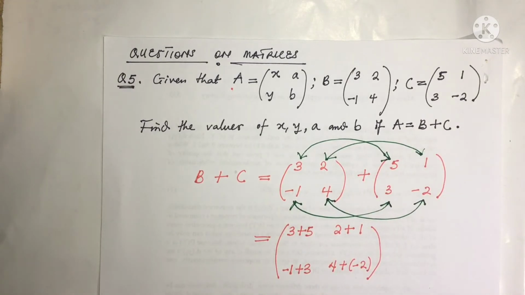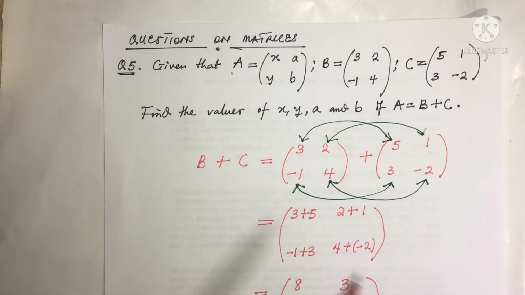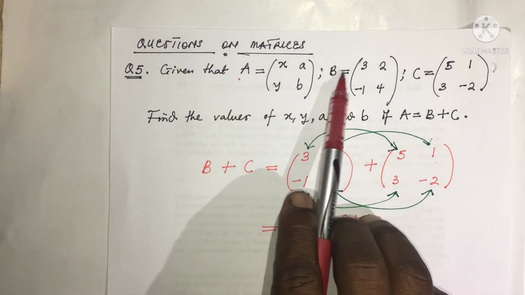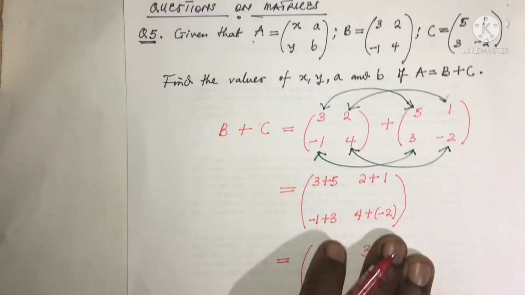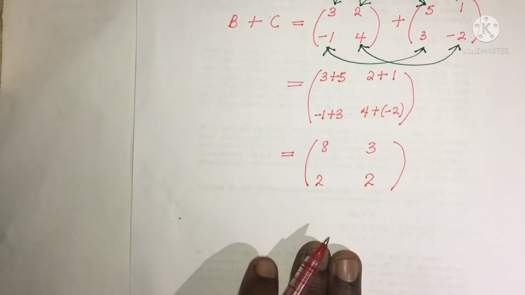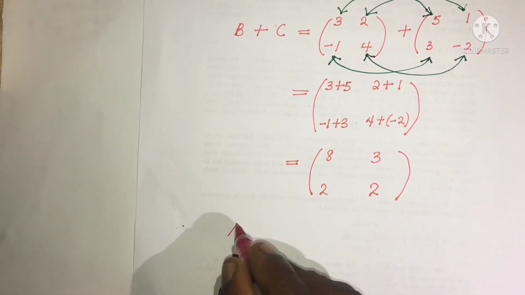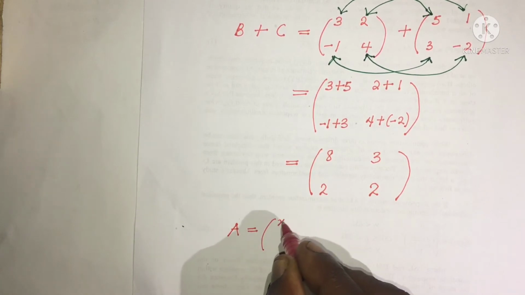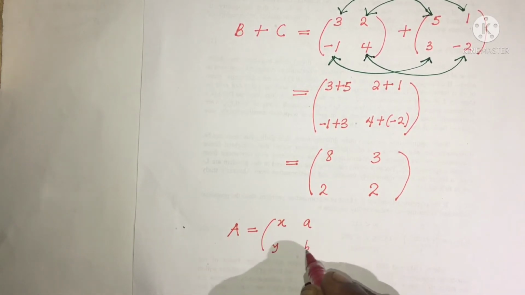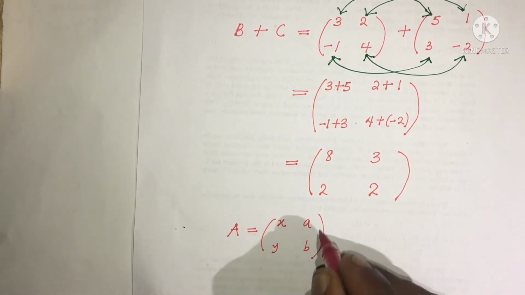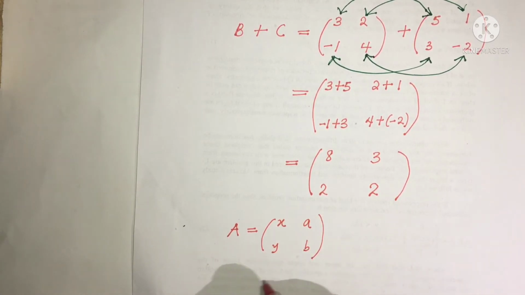Now, take note of one thing. You would remember in our video on equality of matrices, 2 matrices are said to be equal if they have elements occupying the respective positions in those matrices equal. So if matrix A must be equal to B plus C, then this is what we are going to have. Then it means, by what we have done, that A, which happens to be the matrix X, A, Y, B, it follows that this matrix should be equal to this matrix